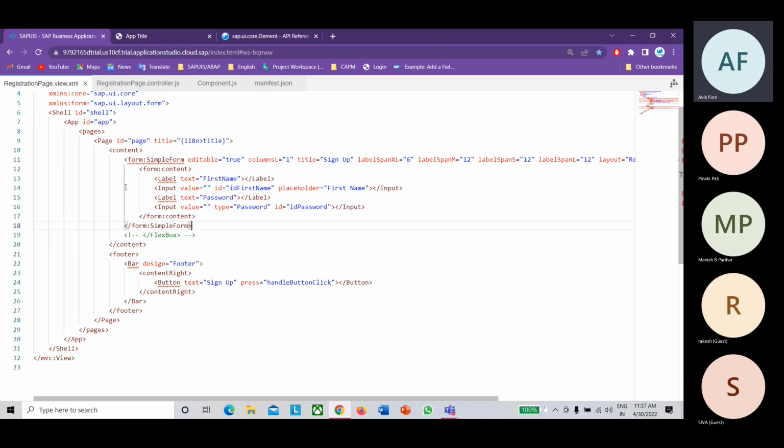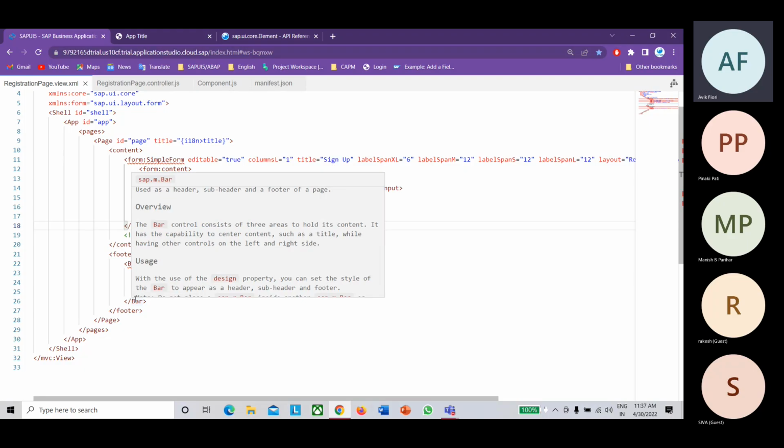Second thing, performance can be improved, because if you compare the fragment with the view, the view is nothing but a control instance. The view itself is one kind of control. A fragment is not a control. It doesn't have any instance. Whatever you declare inside the fragment, it will just return that control. For example, if you are calling this.getView, the getView method will return the view. But if you try to get the fragment, it won't return the fragment. Instead, it will return the control which you have defined inside the fragment.